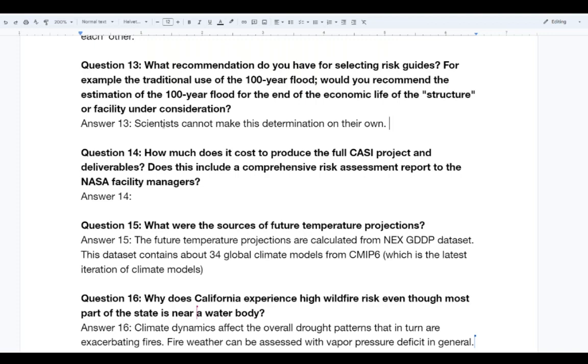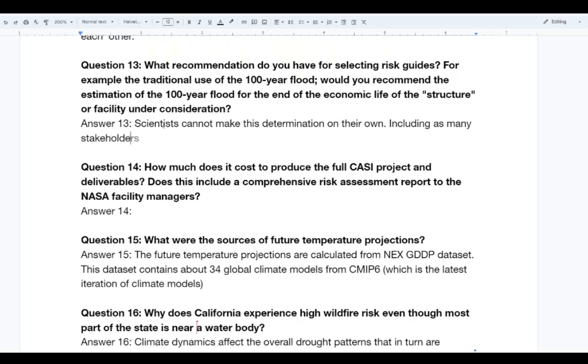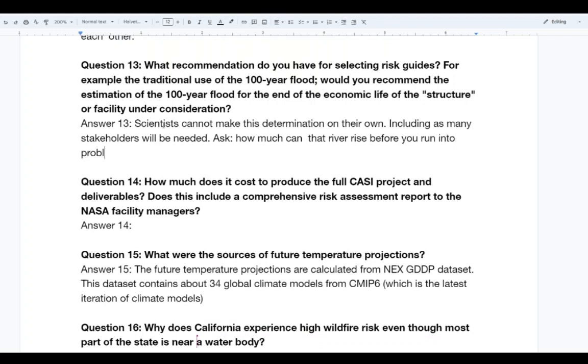So one thing we talk about with the stakeholders is that the idea that the 1 in 100-year storm is something that we can clearly define and draw from statistics that go all the way back to the 1950s, that really is no longer the case. The climate is non-stationary. The distributions are changing. So rather than the 1 in 100-year flood, let's ask, how much can that river rise before you run into problems? And if we look at the old statistics and say, well, that river level is associated with